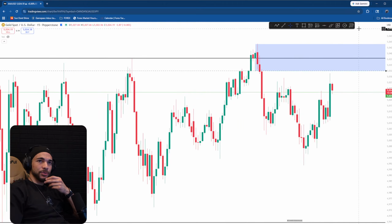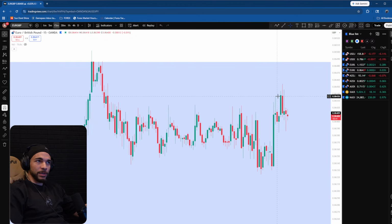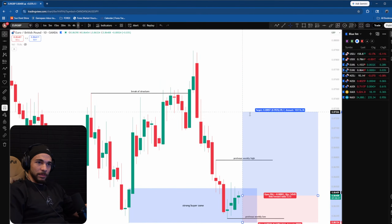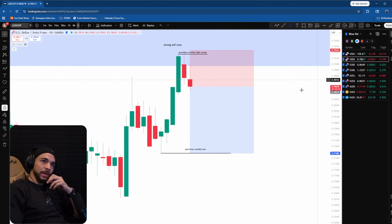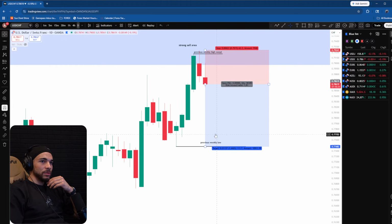Yes, I am in two trades right now. So I am in Euro GBP. I'm in these buys right here. Probably am not going to hold it all the way there. I'm probably just going to hold it to the weekly high right here. It just depends on how the volume flows throughout the week. And then I'm also in USD CHF sells, which I'll probably hold to the previous weekly low